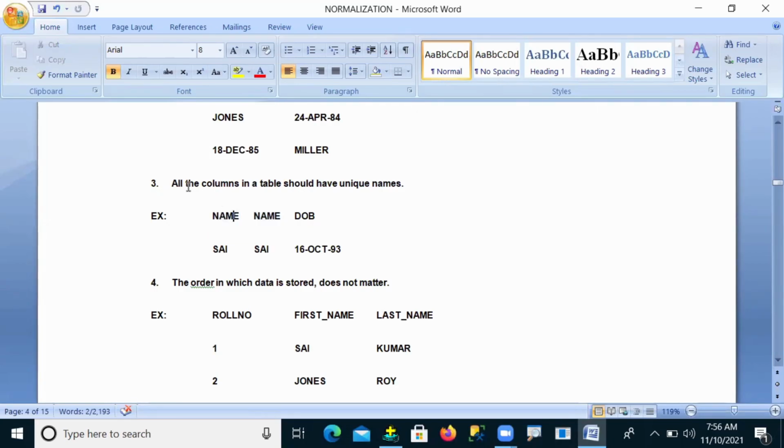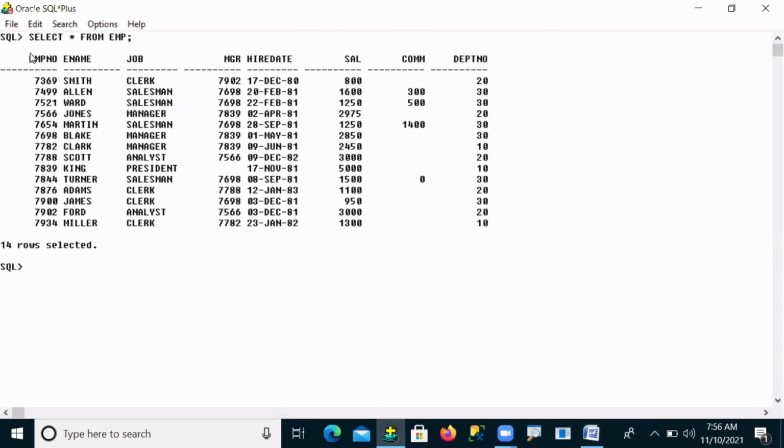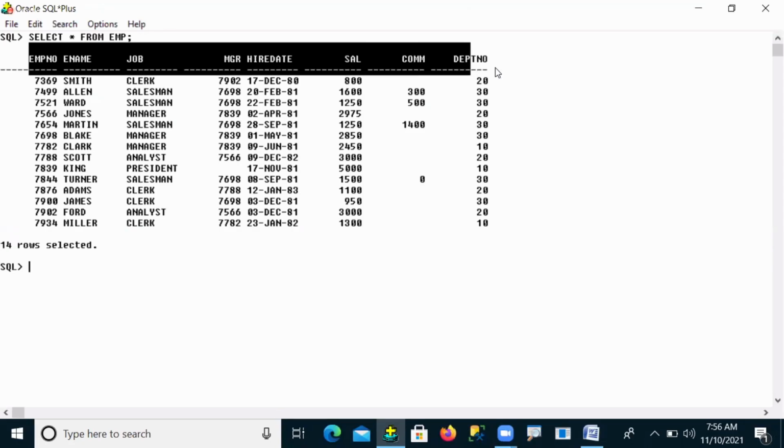So what the third rule is telling is that your table should have columns, but every column name should be different. If you try to give duplicate columns, that is not allowed, and the table is not accepted into normalization. That's why in my table, each and every column has a unique name. Is there any duplicate column name in my table?